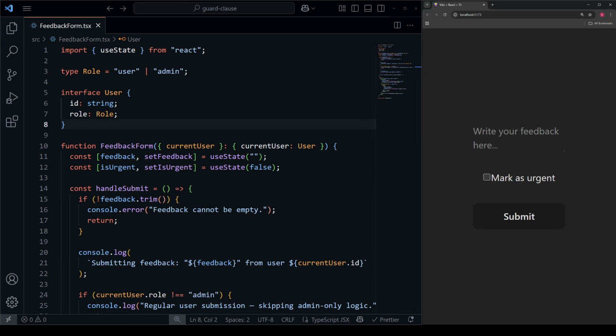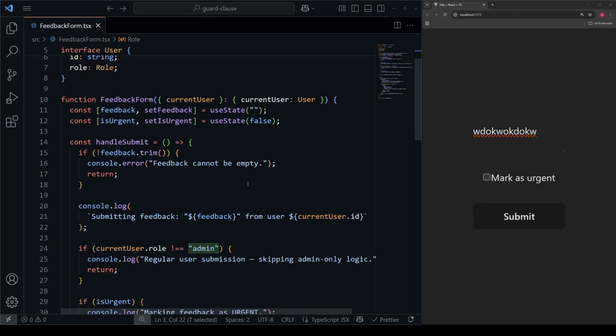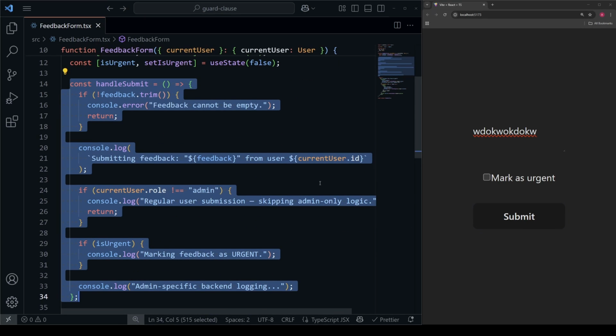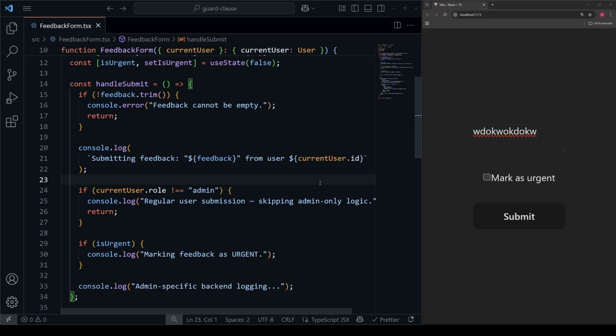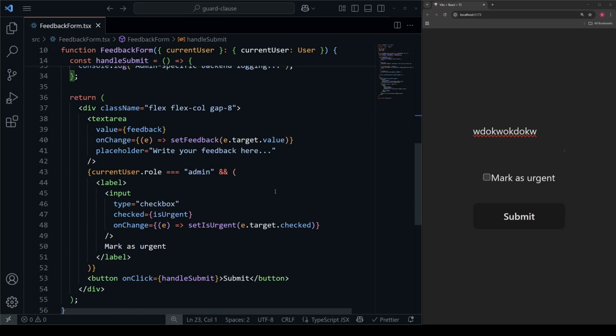Here is another example. This example is a form where users are able to submit some feedback in this simple text area right here. We assume there are two types of users for this program. What we just call a user, which is a regular user, or an admin. But whether you're a user or an admin, we call the same handle submit function whenever the submit button is clicked. In practice, you could separate the functions that were called depending on whether you're a user or an admin, but let's just say in this case we want to call the same handler function, but just have some conditions that control the flow. The primary difference between users and admins in this case is that admins are able to